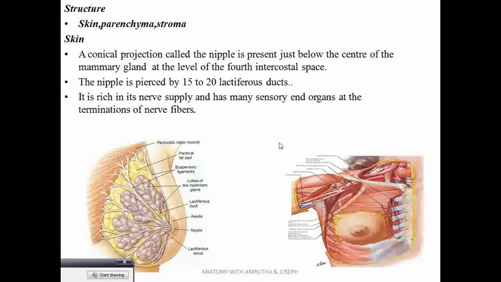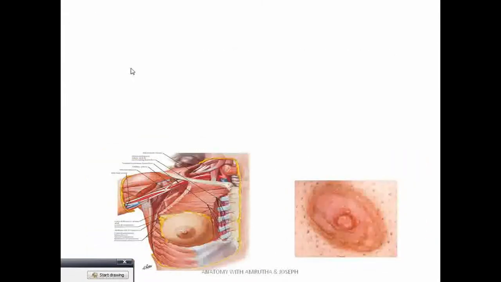The structure of mammary gland consists of three parts: skin, parenchyma and stroma. Usually we talk about the gland. There are two parts of the gland, parenchyma and the stroma, but here we are having one more criteria, that is skin, which is added to this because this gland is lying very superficial to the skin, and also it modifies the skin over that area. So that is why we are considering the skin here also. So let's see the skin over the mammary gland.